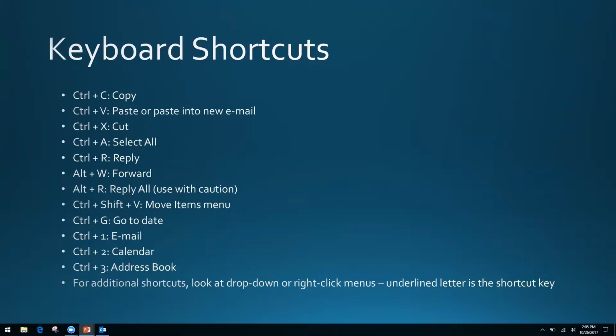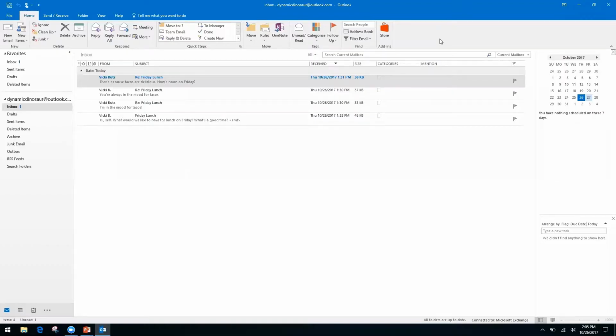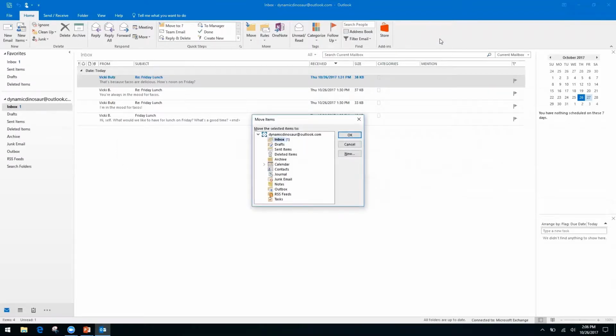That one I will show you. Control-Shift-V is going to allow you to move emails automatically to your folders. So right now, this is a brand new demo account. There's not a lot in here. I don't have any folders set up. We are going to go into how to set the folders up, but I wanted to show you a brand new, bright, shiny, clean version so that we can see what it looks like when we start to do the